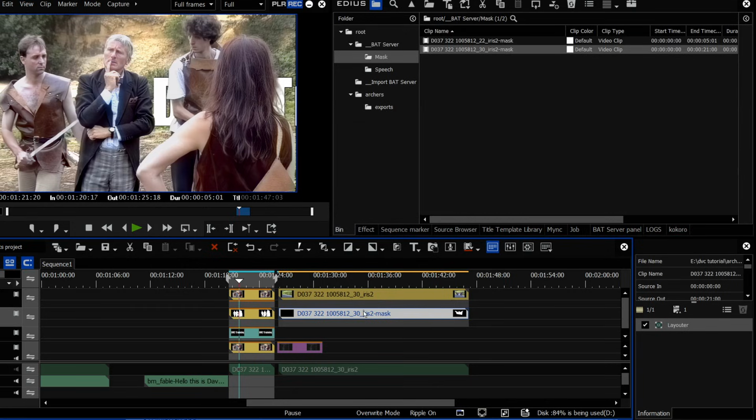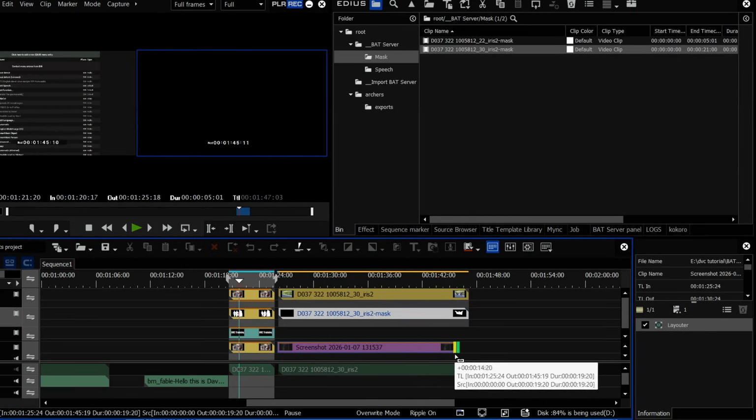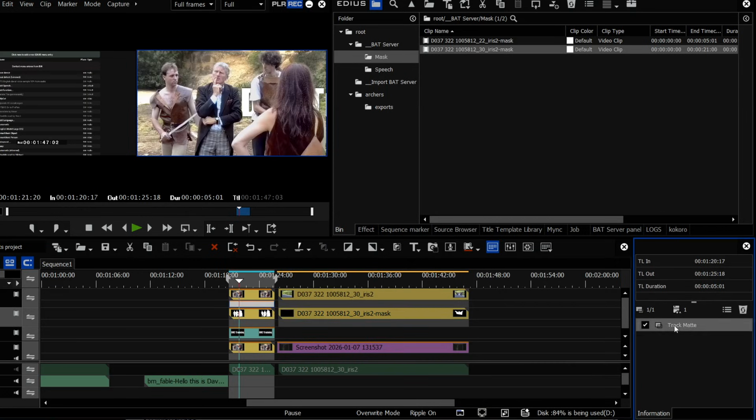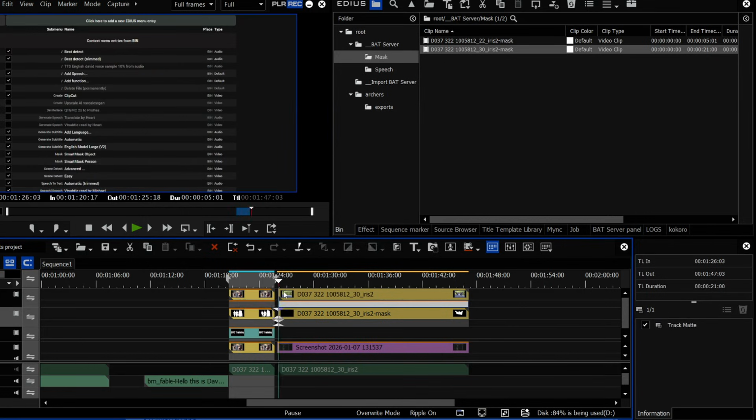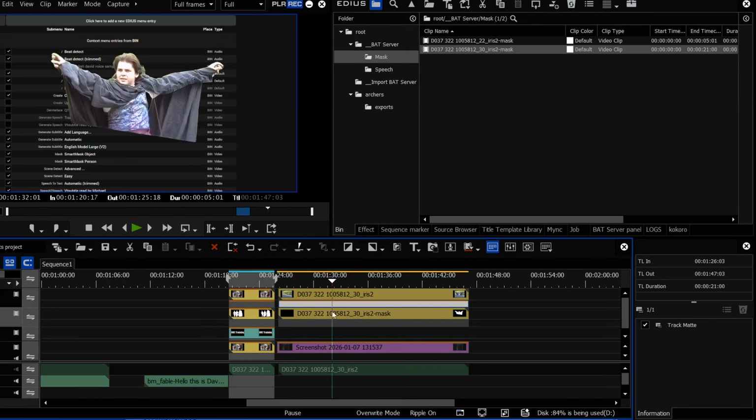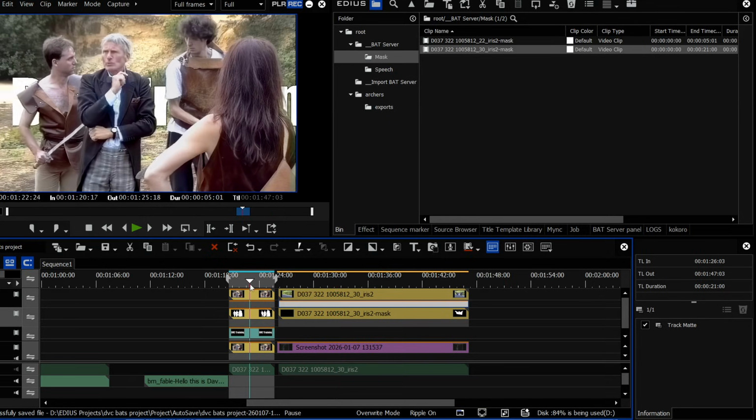So take that mask, bung it underneath. This is using an object mask. I'm going to take the track mat from there, bung it onto there, and now you can see, oh, okay. It's decided to do the person. I said object, and out of those two, I'd have thought the big blue box was the object, but no, it's just decided to do the person. So I haven't had too much luck trying to do objects with this, but it's been great for finding people,